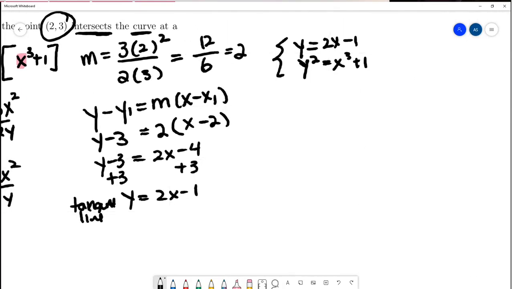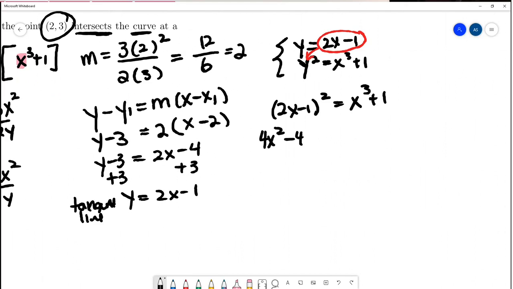So find the intersection. I will substitute 2x minus 1 into the other equation. That gives (2x minus 1) squared equals x cubed plus 1. Simplifying, I would have 4x squared minus 4x minus 1, that will be plus 1, equals x cubed plus 1. I'll move all the terms to the same side, and that will give 0 equals x cubed minus 4x squared